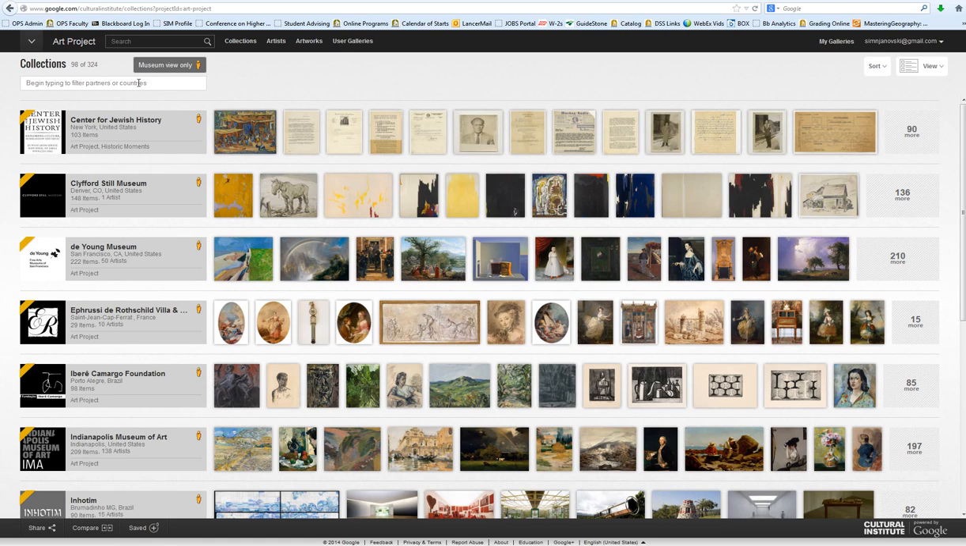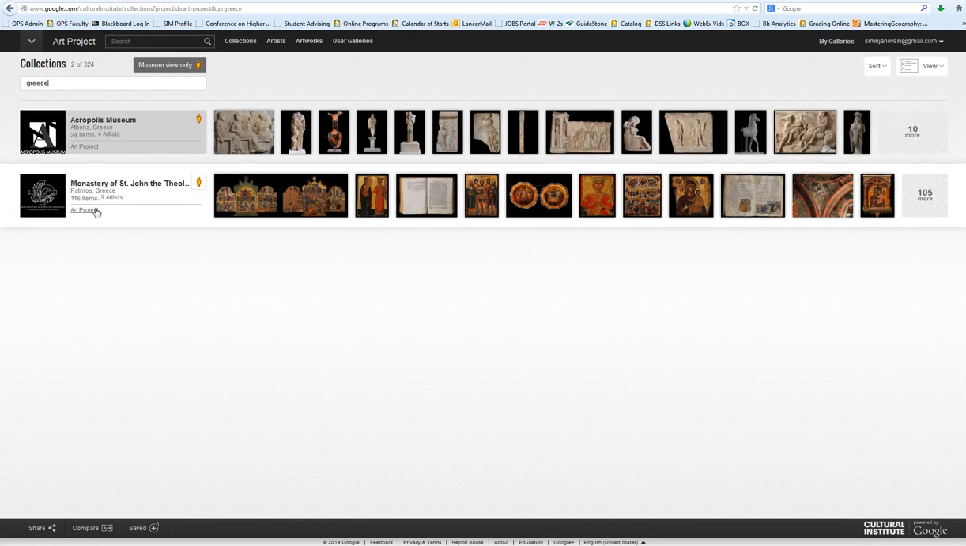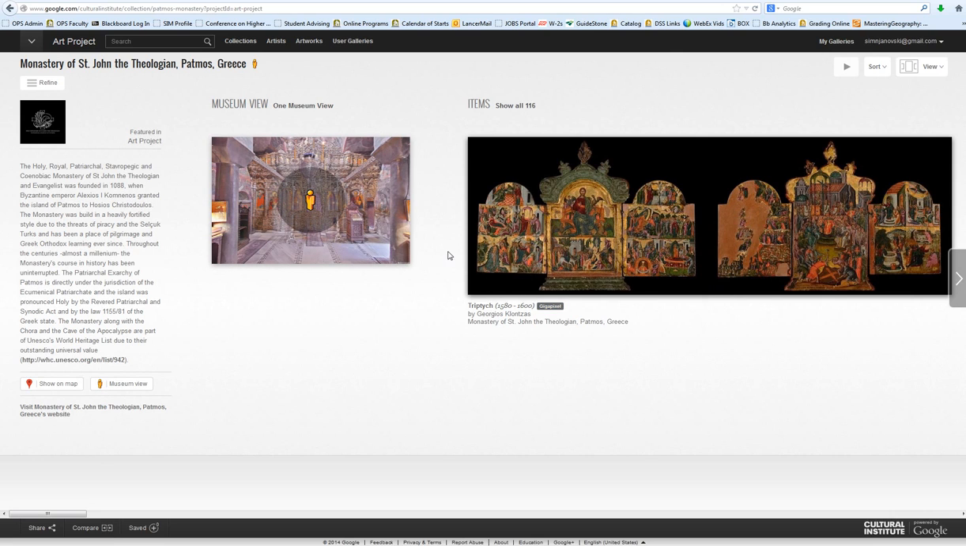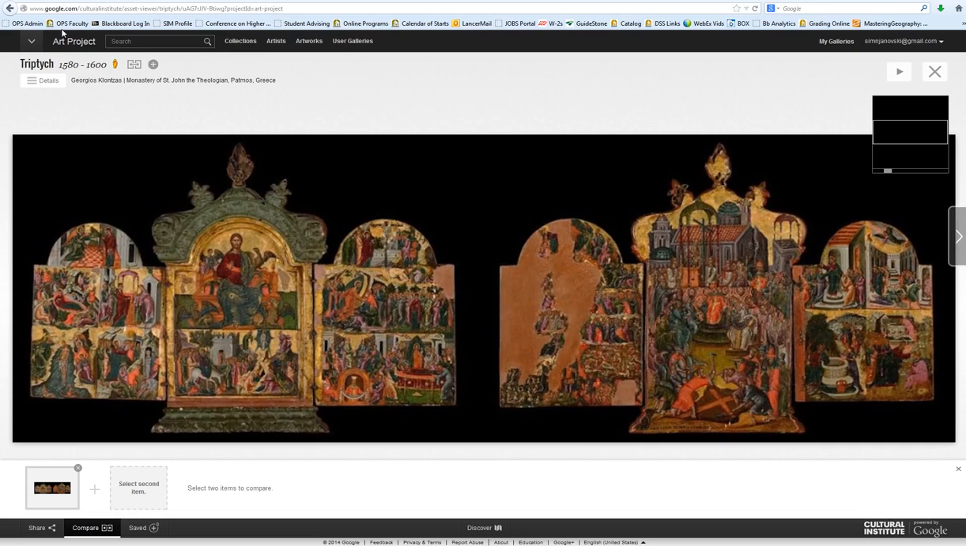So it's pretty neat. What I'm going to do here is type in Greece, and now I've got two museums, one in Athens and the other in Patmos in Greece. Let's say I'm going to go into the monastery of St. John. So I select this one, and it's going to give me two different ways of viewing the art. I can select this way and go through some of the pictures in a slideshow, or,